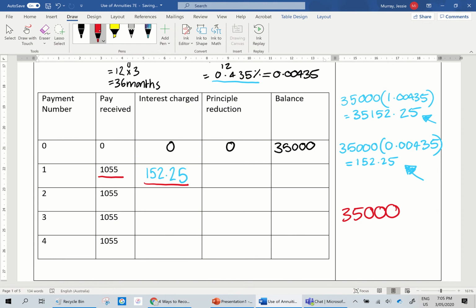So the difference between these two here is really what my reduction is from my loan. Because I have the $35,000, they charge me another $152.25, but then I pay off $1,055. So the difference between these two values is really what I'm paying off my loan, which is what the principal reduction is. Okay, so if you want to add that in,